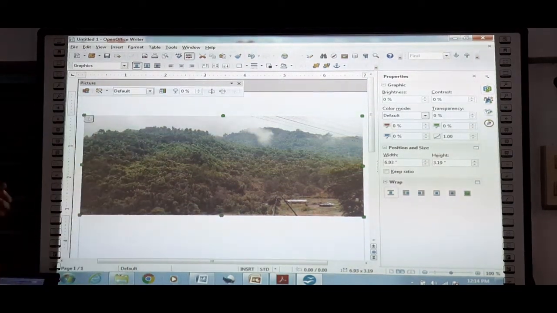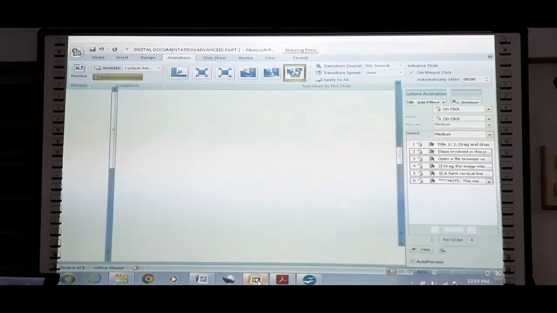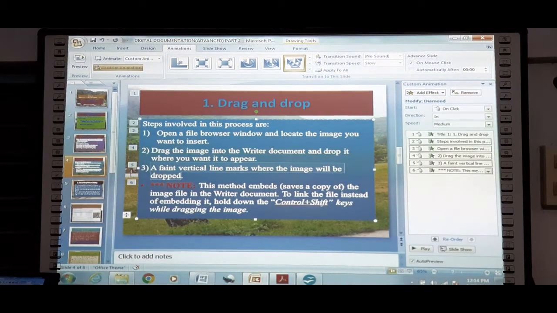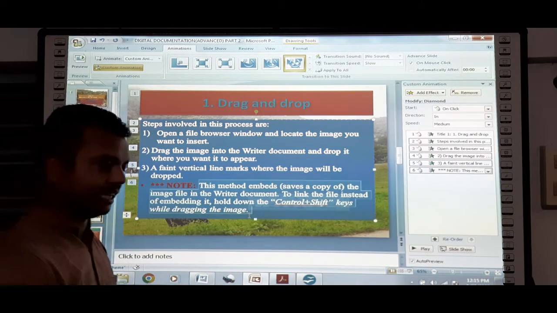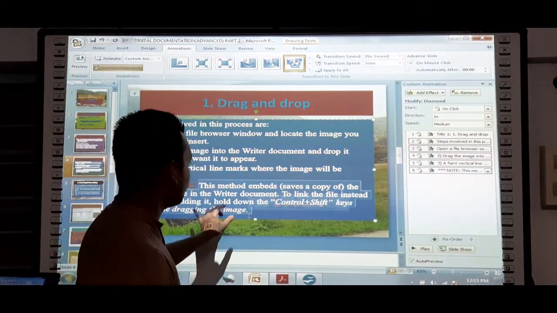Okay. Now apart from this, one note has been mentioned while discussing the topic. I have shared one note in front of you. See, this method embeds a copy of the image file in the Writer document. To link the file instead of embedding it, hold down the Ctrl and Shift keys while dragging the image. Now what happens?